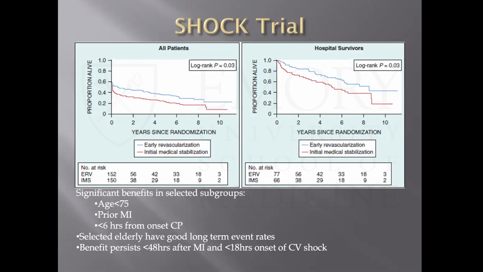Now, patients who've had a prior MI, if they've come in fairly quickly, less than 6 hours, you're really going to get a big bang for your buck in getting these patients revascularized. But compared to just a standard MI, even if patients come in as late as 24 to 48 hours after the initial onset of chest pain, and the onset of shock is less than 12 to 18 hours, you can still have benefit in these patients. So you may extend the window that you would classically think about for revascularization if they're in shock.